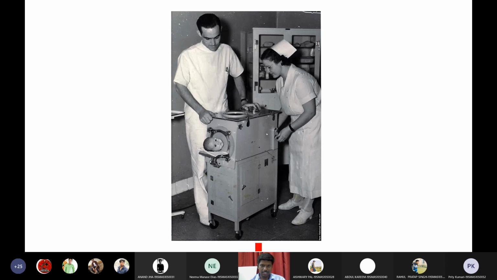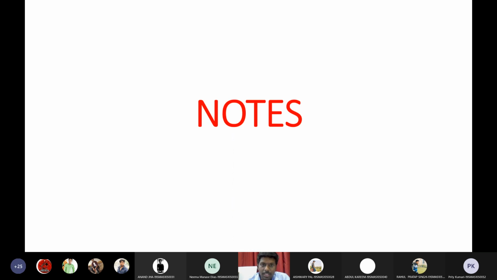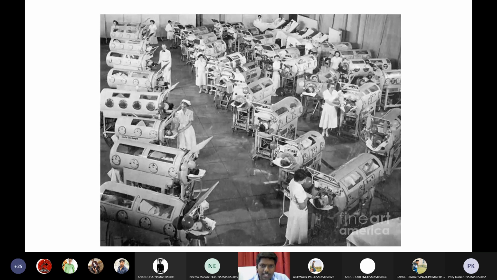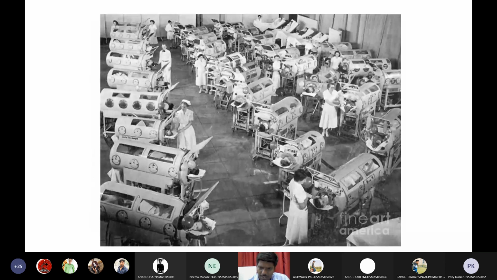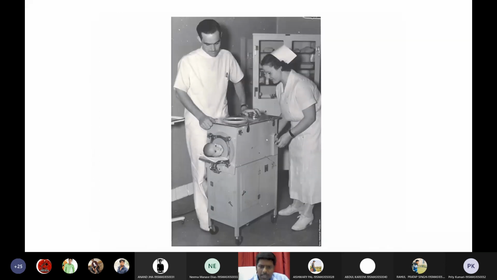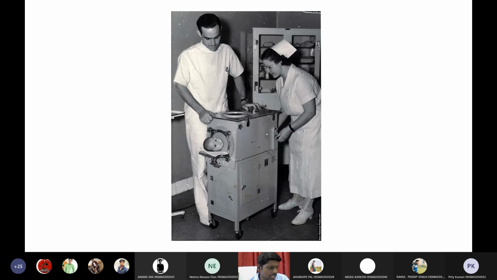Okay, yes. This is a newborn baby with poliovirus infection, and this baby needs to be supported by this mechanical ventilator for the rest of its life for its survival. This is the condition of polio if you get infected by poliovirus. Okay, then let us come to the point. Let us see the actual notes of the poliovirus infection. So you got some idea, right? Polio will cause paralysis. Usually it will cause lower limb paralysis. Then it will go to the second stage where it will cause respiratory arrest, and it may even cause coma to the patients. This is how the poliovirus infects the patients.